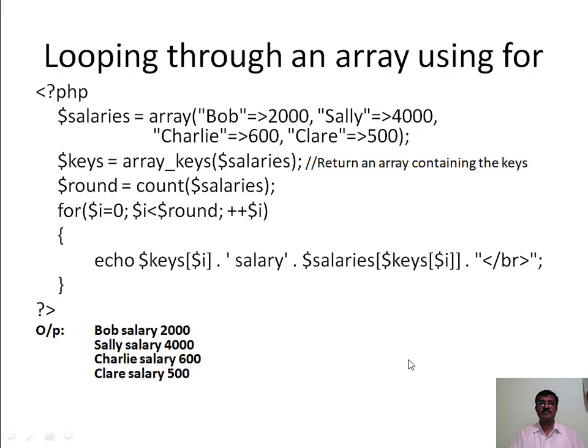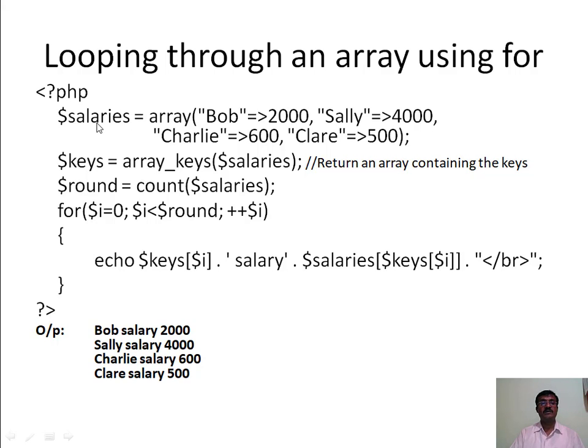Looping through an array using for loop. So it is a simple example program by which you can understand how we can traverse through the array by using a for construct. So in the first part of this program, I have created one associative array by name